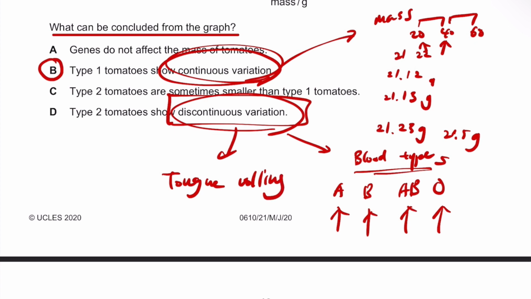For tongue rolling, you either can roll your tongue, or you cannot. There's no such thing as an intermediate between yes and no in terms of tongue rolling. So